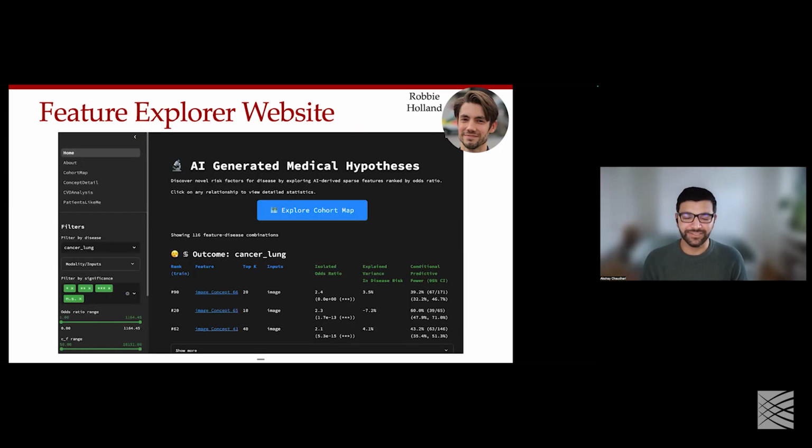And because we have this nice PheWAS study with a whole host of inputs, we can create really nice websites around it too, where we can explore the dense nature of this data. We can look at the different image concepts that are associated with them. We can see what those image concepts relate to in terms of risks, to make this very user-friendly, because this is very high dimensional data. So the more we can structure and visualize it, hopefully the more we can actually learn alongside our AI models and use the AI models to come up with new medical hypotheses for us.